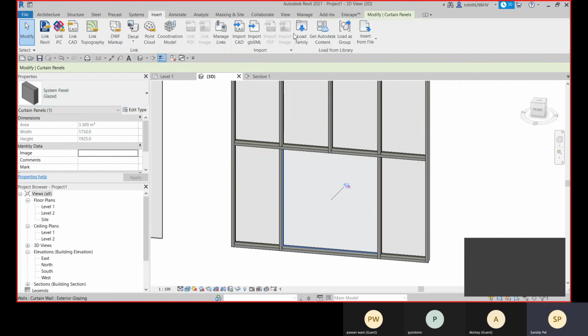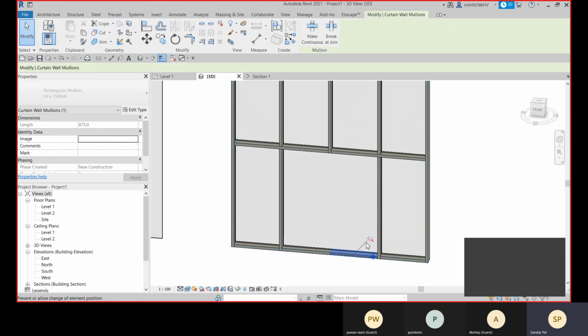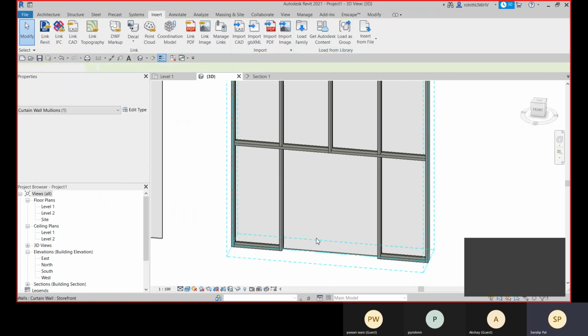Go to Insert and we will load some family for this curtain wall. I need to change this curtain panel to a door. So for that what I can do, I can remove these panels, these mullions.